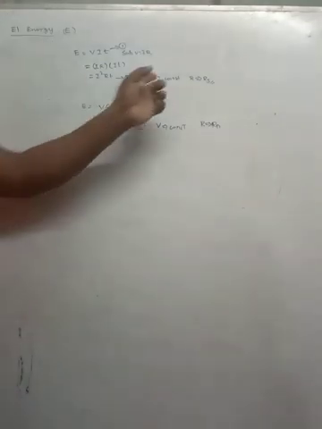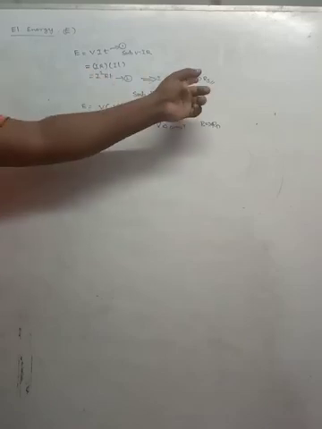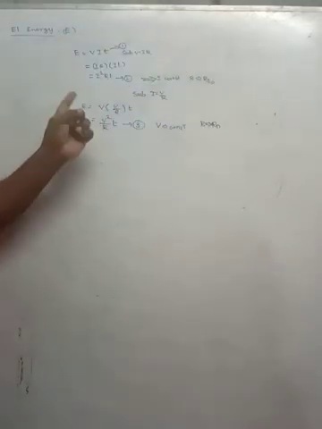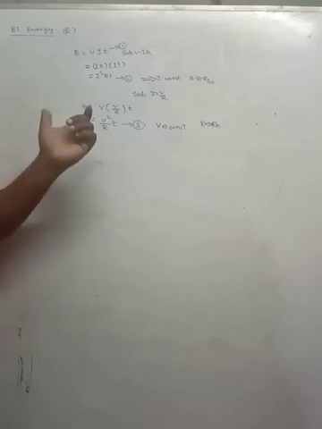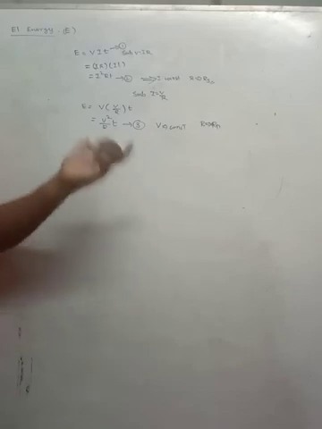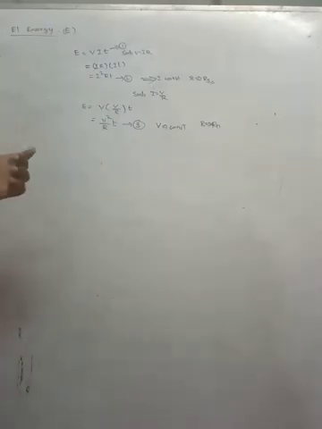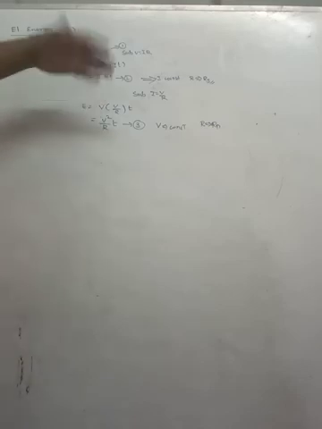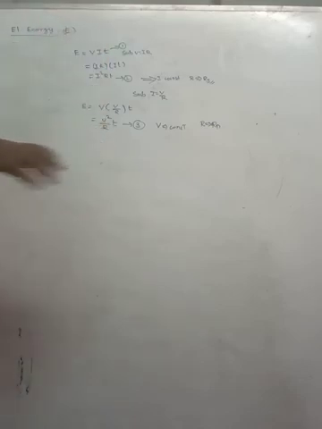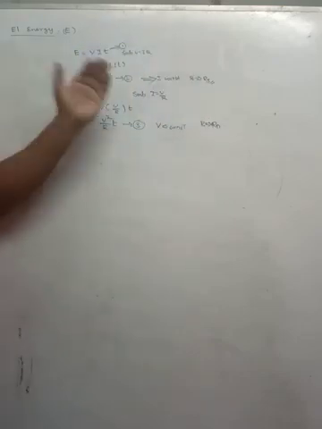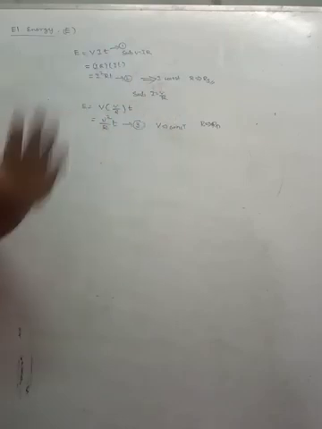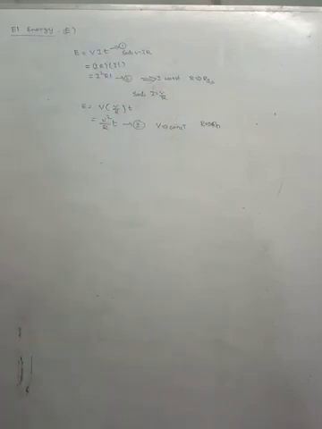In the first equation, current is constant, so R will be taken as the net resistance in the series combination. In the second equation, voltage is constant, so this R will be taken as the net resistance in the parallel combination, because the potential will be constant only in the parallel combination. In series combination, the current is constant. So this R and this R are different. The first R indicates the series combination. The second R indicates the parallel combination. Understood now? I think you have understood the difference between these two.